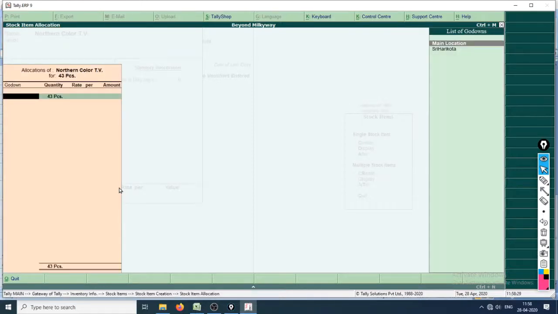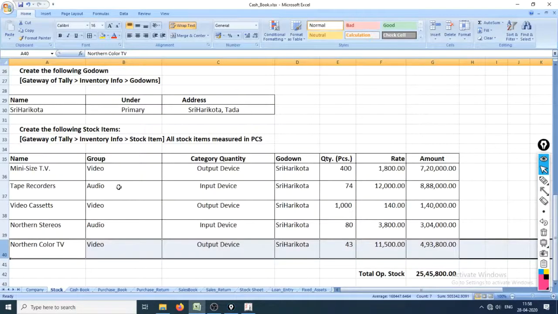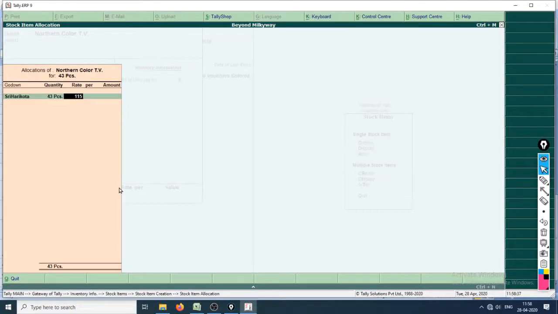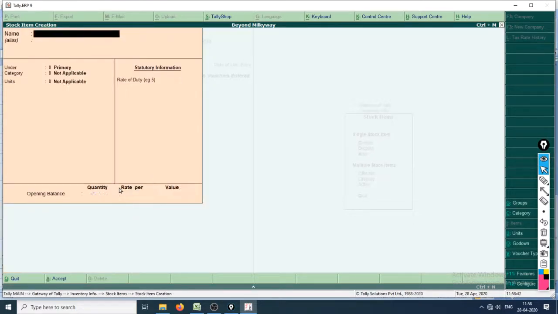43 pieces, and at the rate of, okay, shift Sri Harikota, shift plus tab to go to the previous tab, and 11,500 is okay. So this is quite expensive, 4,94,000. Okay, so now we have entered all these. I hope that opening stock,